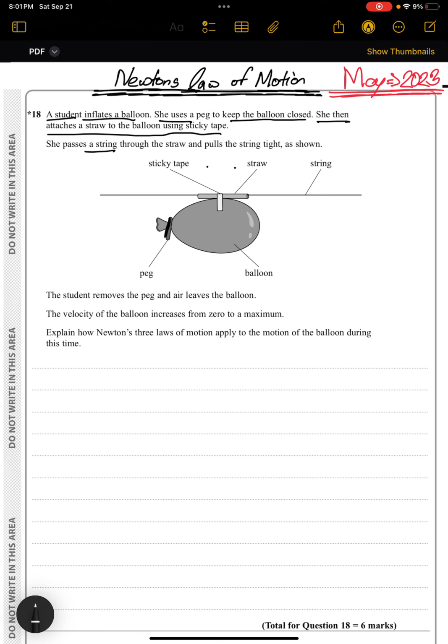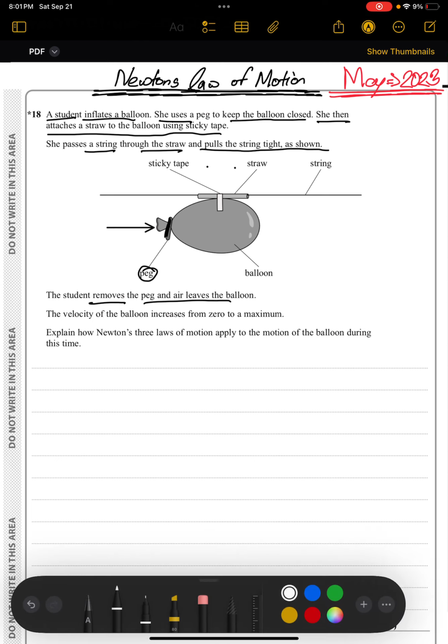She passes a string through the straw and pulls the string tight as shown. So basically, she has passed a string through the straw, and she tried to hang this balloon on that string using the straw, and she has also used a peg on the balloon so that the air cannot get out of the balloon. The student removes the peg and the air leaves the balloon. So when the student removed the peg, the balloon